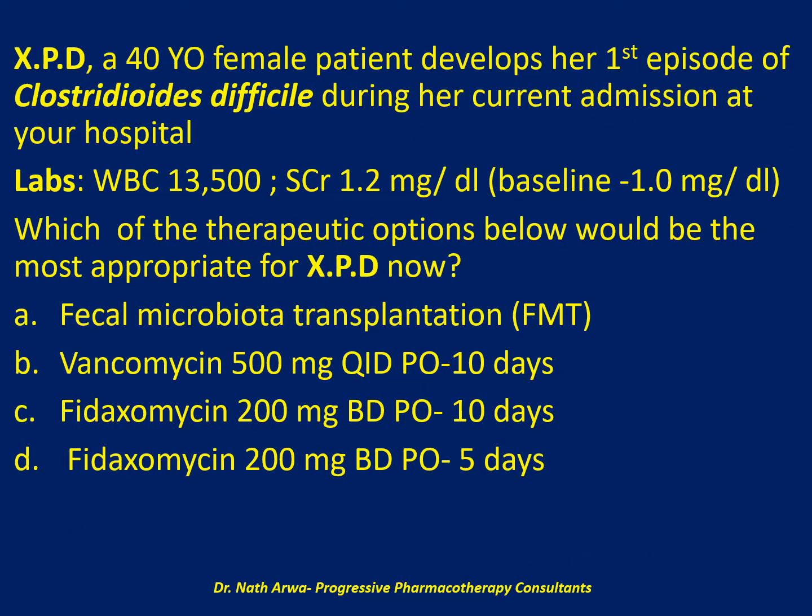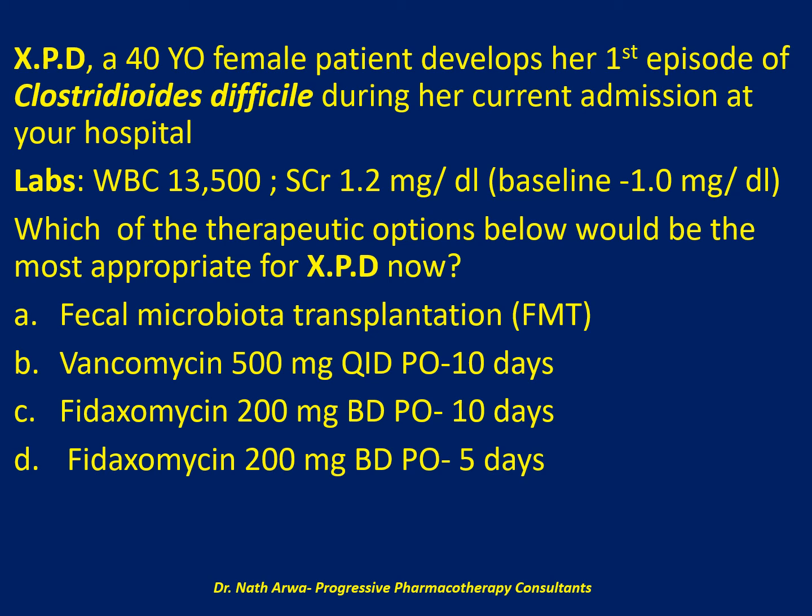And it reads, Mrs. XPD, a 40-year-old female patient, develops her first episode of Clostridioides difficile during her current admission at your hospital. The labs show a WBC of 13,500, a serum creatinine of 1.2. At baseline it was 1. So my question to you is, which of the therapeutic options listed below would be the most appropriate for XPD's